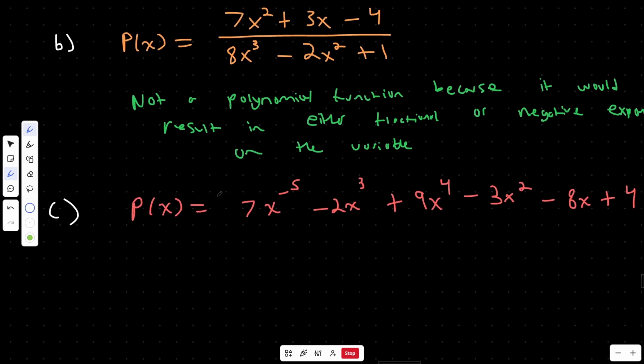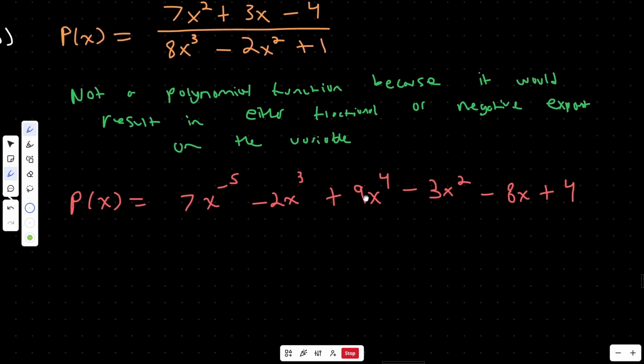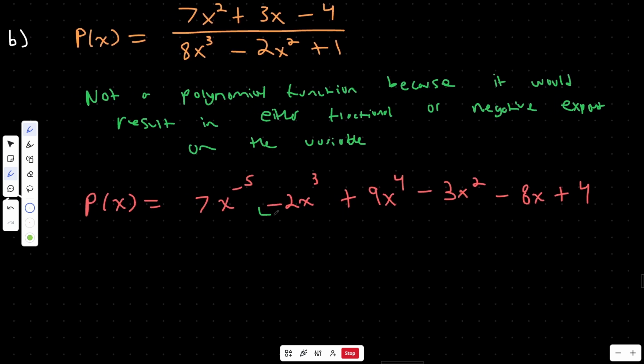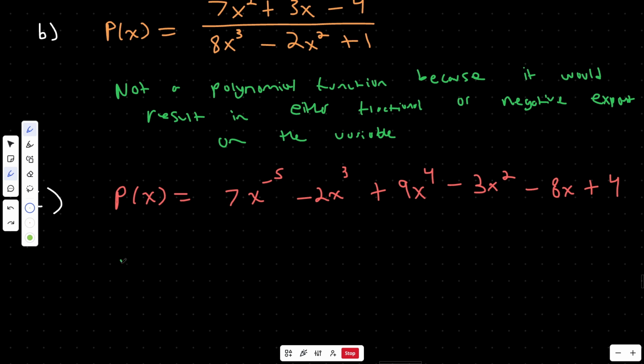So we're given the function p of x equals 7 times x to the negative 5, and so on. So what I'm noticing here is this part onward seems pretty normal. It's pretty standard for your polynomial function. You have nice whole number exponents, and nothing's fishy going on. But when I look at over here, things start to become a bit strange, because what I'm noticing here is you have a negative 5 as an exponent. And what we know is we can't have negative exponents. So we can immediately say not a polynomial